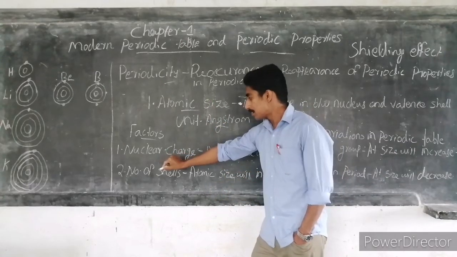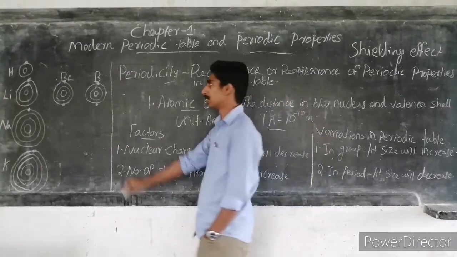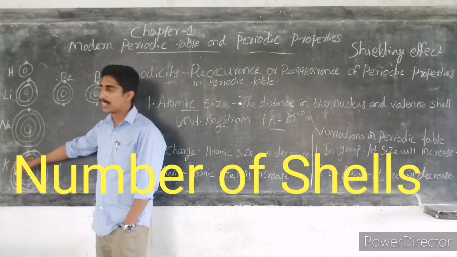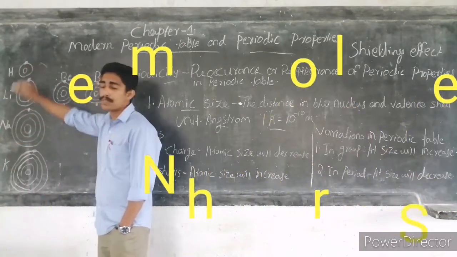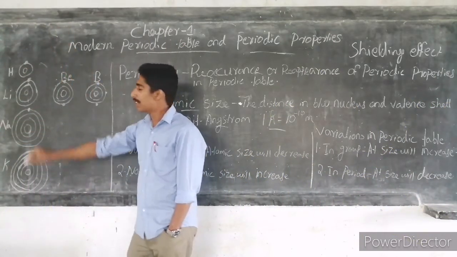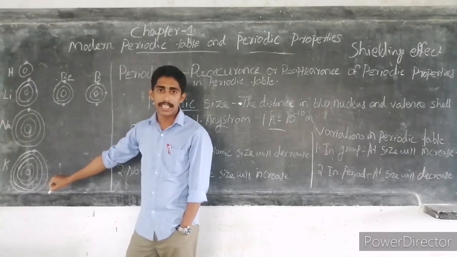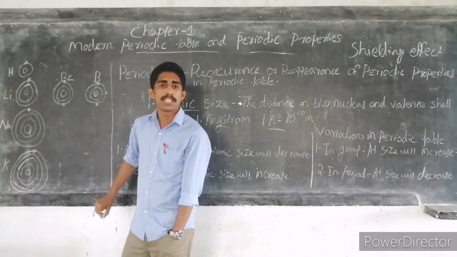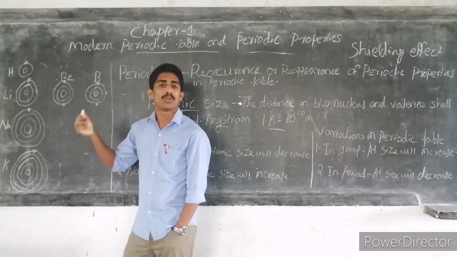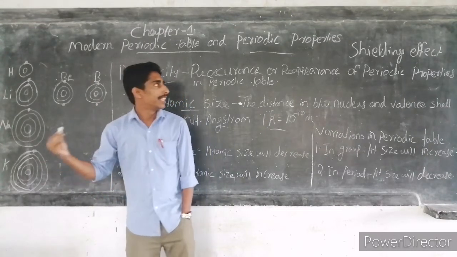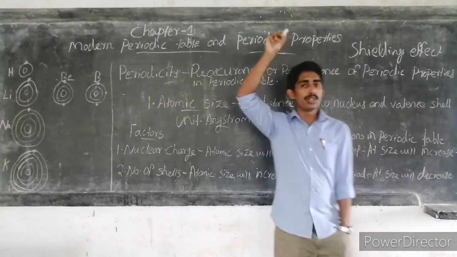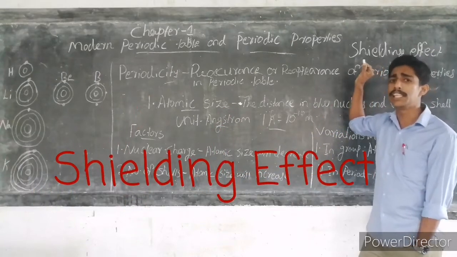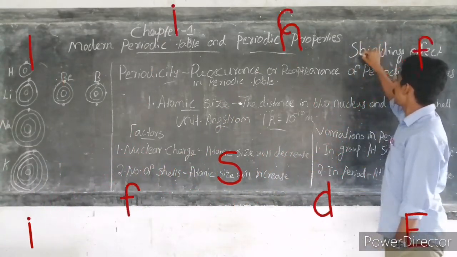Then the second factor is the number of shells. In a group, as we move from top to bottom, the number of shells will increase. If the number of shells increases, atomic size will also increase. Why? The reason is the shielding effect. Then what do you mean by shielding effect? Shielding effect means